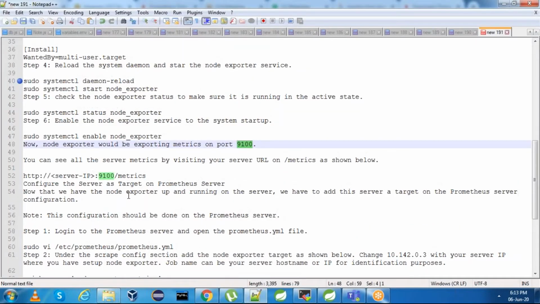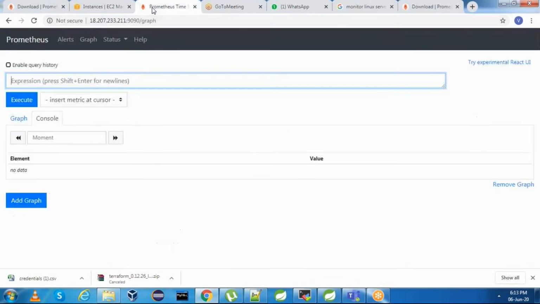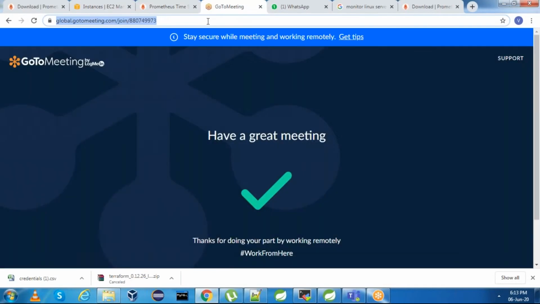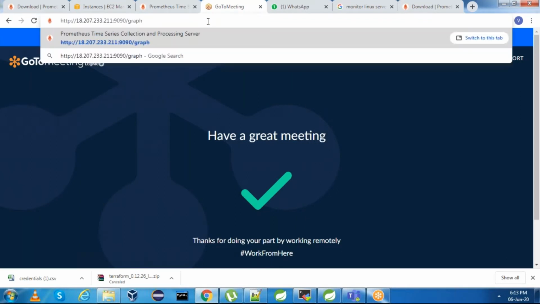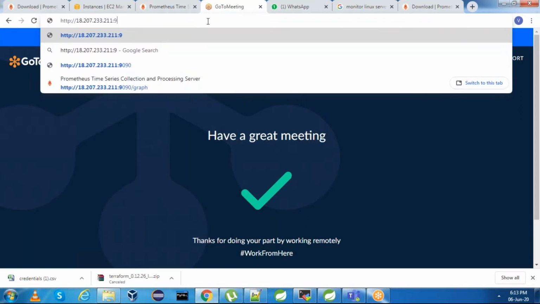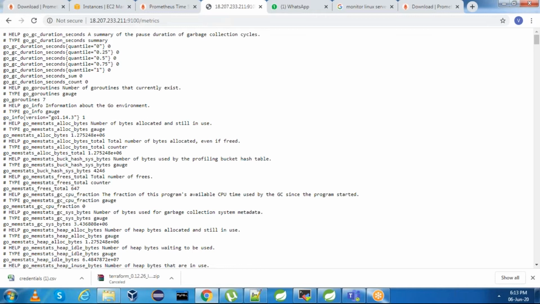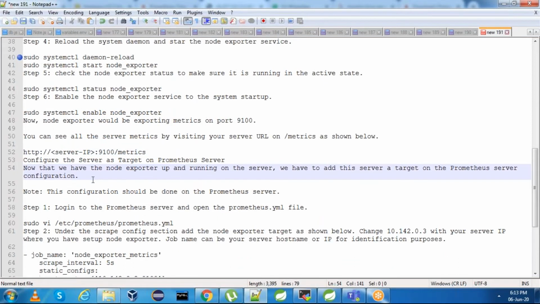We have allowed that. And if you want to see, you can use the Prometheus server IP, port 9100/metrics. Perfect. These are the metrics which we have. This is working perfectly.